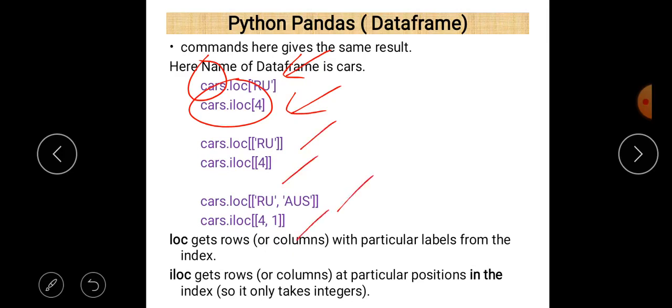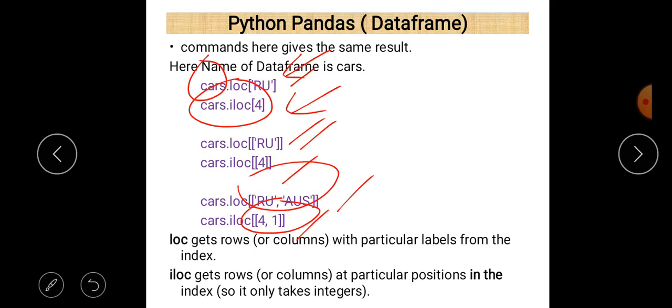When there is more than one value, you can separate them using a comma, in the case of LOC and also in the case of ILOC. And here is again an example of a nested list, already discussed in question number 1: what is the use when we define a single list, and when we define a nested list, or a list under a list.